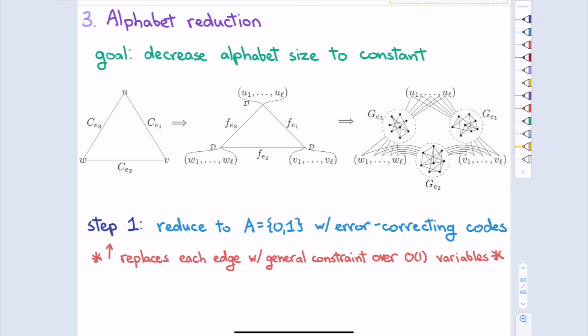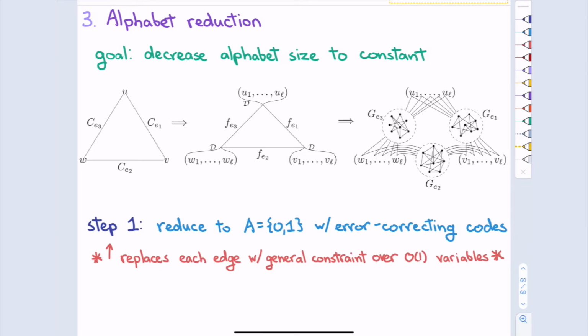Okay. Now the cost is that we're roughly going to take a single edge between 2 variables and blow each variable up into many bits, and have a constraint that's now involving many bits. So it's not just an edge anymore. You have a more general formula over many variables.